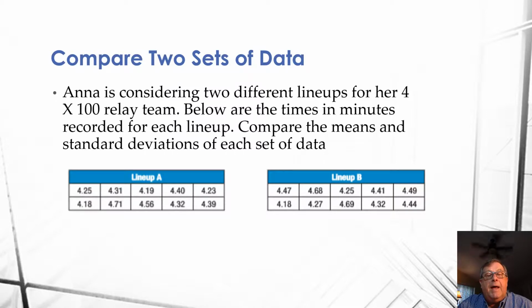So we got lineup A, and they've got times of 4.25, 4.31, 4.19, 4.40, 4.23. I can tell you right now, this data does not match up to a 4x100 meter relay time, because